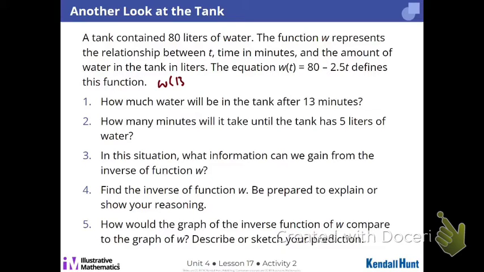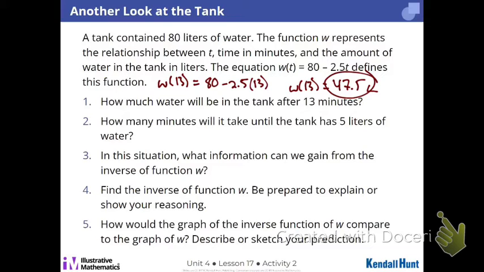So the function of 30 means I'm going to start with 80, take 2.5 off for 13 minutes. So W of 13, or the function of 13, is, what'd you get? 47.5. So in context, what this means is, after 13 minutes, input 13, the output is 47.5 liters. We good there? So this function, W of t equals 80 minus 2.5t, is really good if you know the